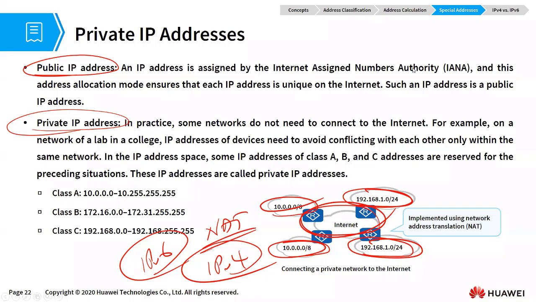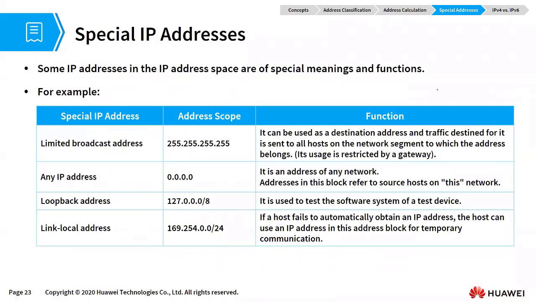But we also have addresses we like calling special addresses. Addresses like 255.255.255.255, the limited broadcast address. An address we send a packet to if we want every host on the local network to receive that packet. We also have the any network IP address, 0.0.0.0. You're going to see this a lot in IP routing, static routing particularly, and even in static routing, particularly the one we call the default route,